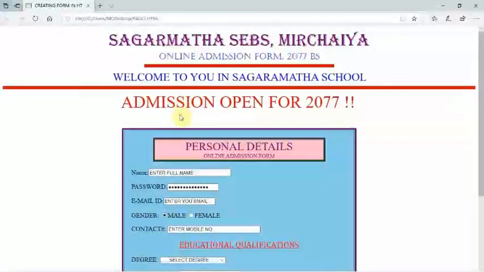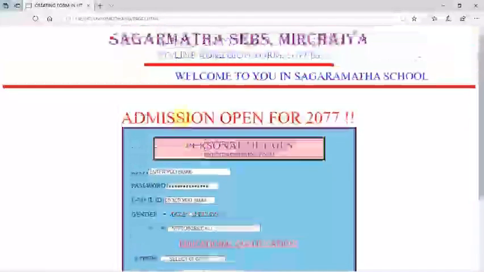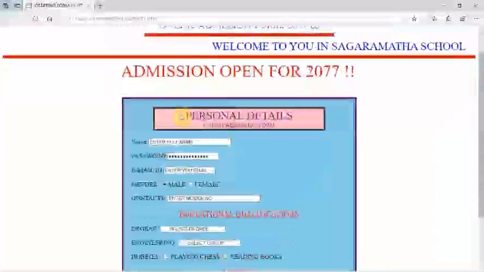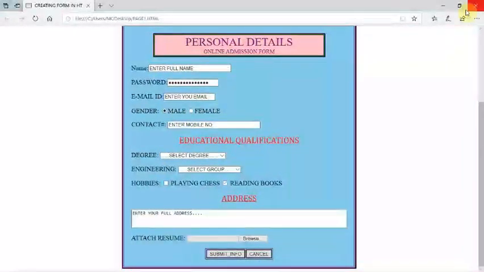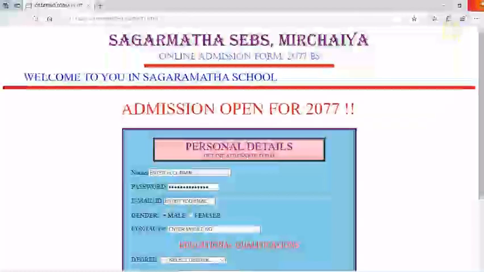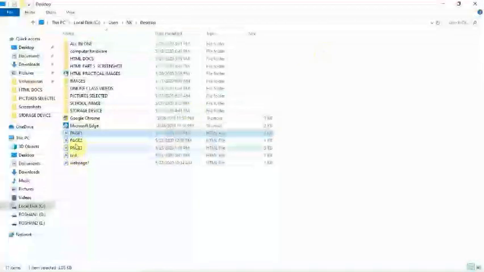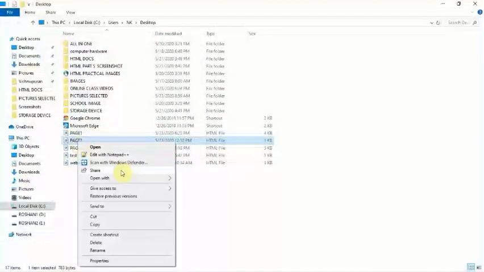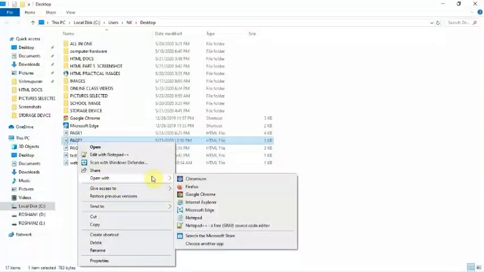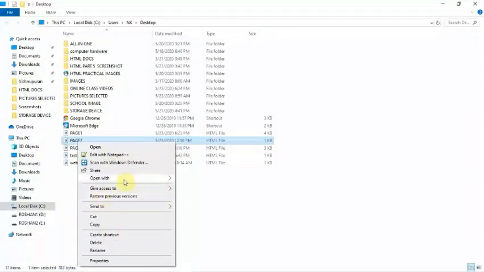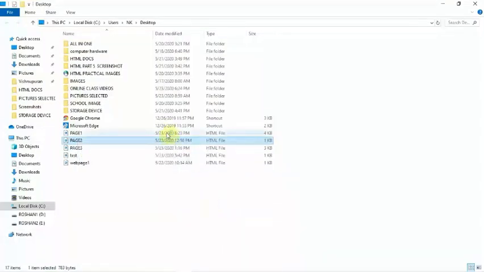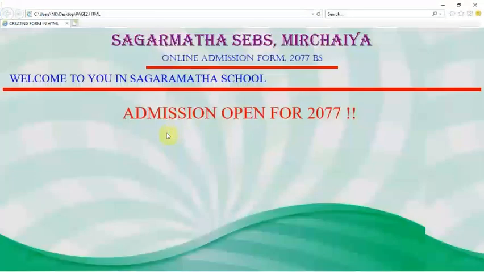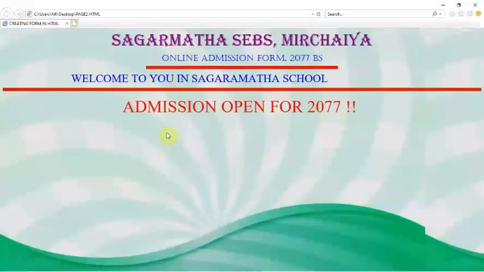You can see this is the example, and after finishing the presentation you will be able to create this type of form, but you have to see the example first, how to create this type of form on the web page. I have already created one page, and here I have used some basic tags. I want to open it, again I want to show you this page, open with Internet Explorer, and here you can see the example.